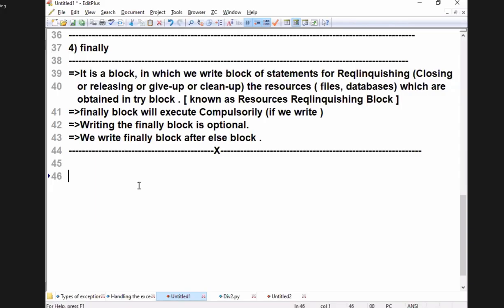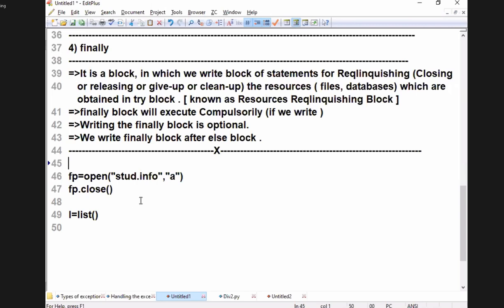I will see, my dear student, fp is equal to open of student.info, student.data, and I will open it in append mode. What is fp? L is equal to what? List. What is L? Object. What is fp? Object. So that object will have some memory space or not? When I say fp.close, what is closed? The file is closed. I am going to remove the memory space of fp. That is known as what? Cleanup.